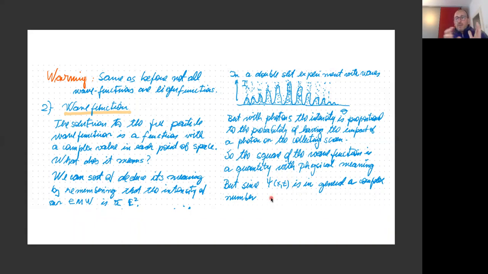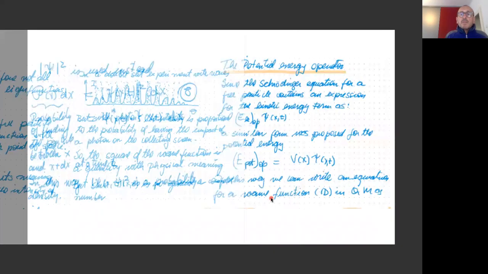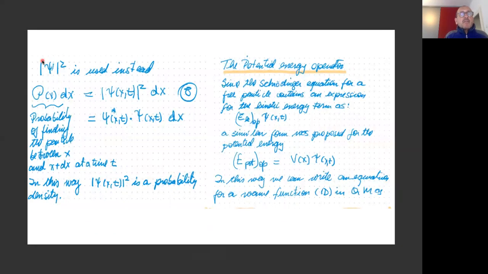The wave function has in it a phase, a shift. What we are only interested in, as something that we can measure, is the probability of finding a particle somewhere. So our interpretation would be that phi squared, instead of phi, represents the probability of finding a particle